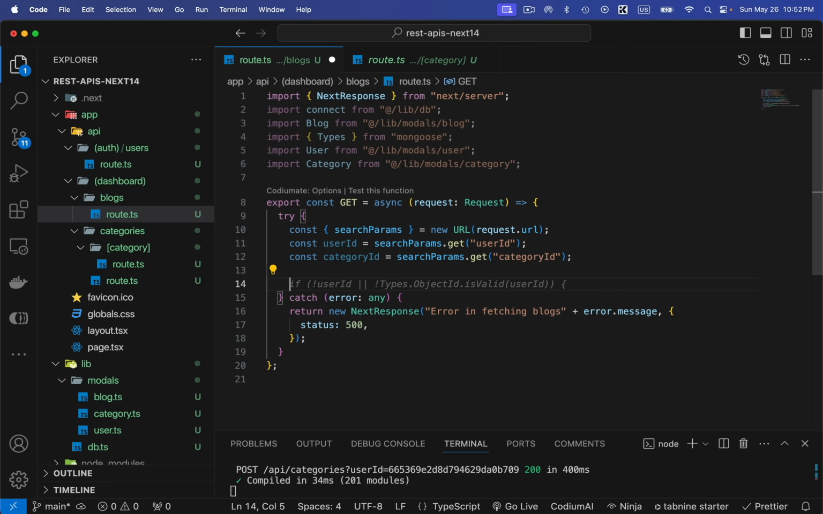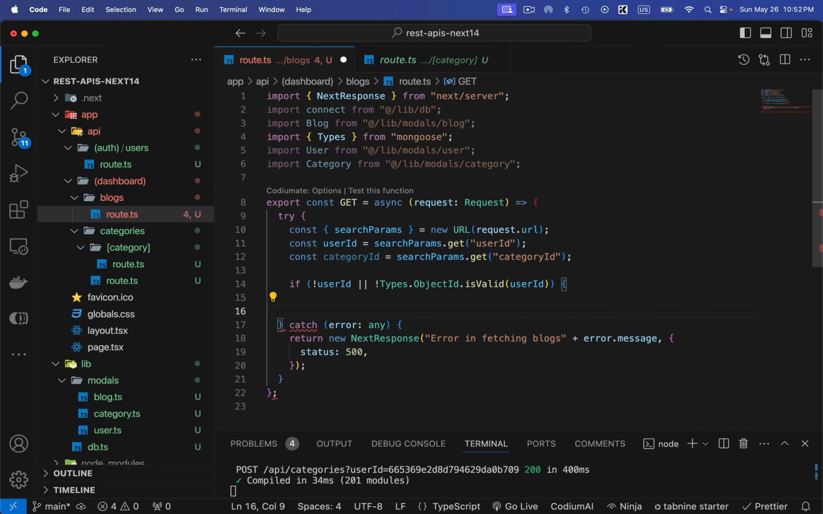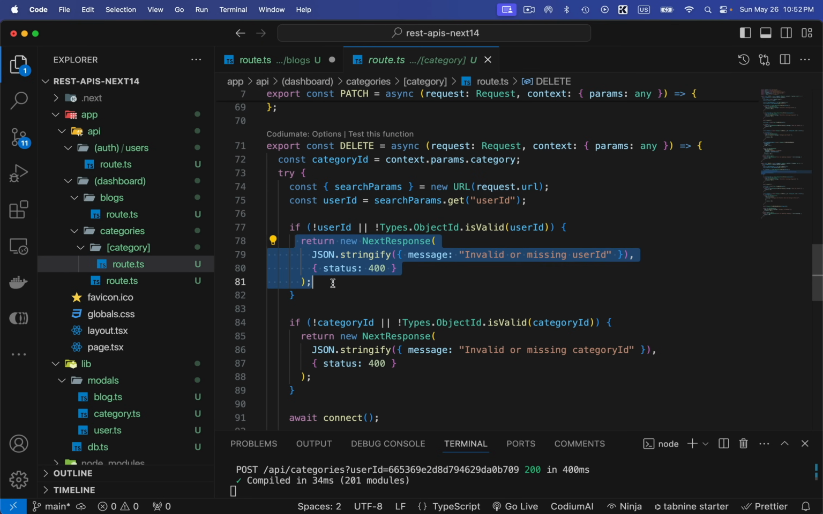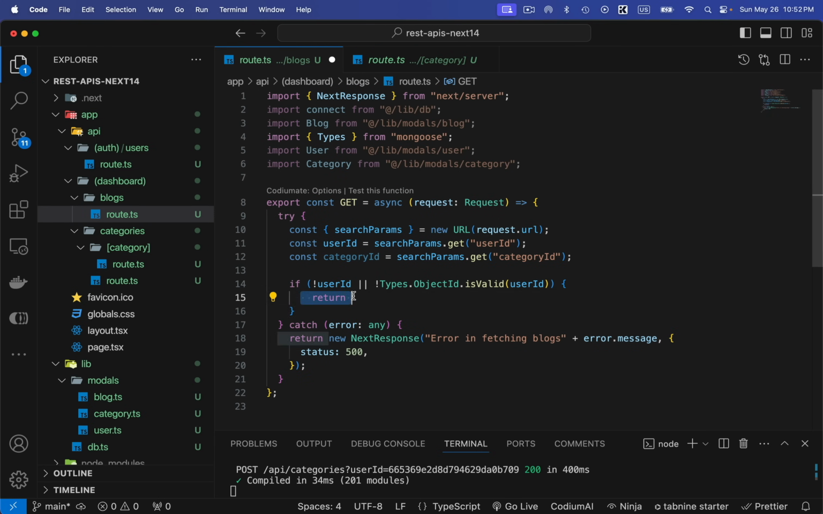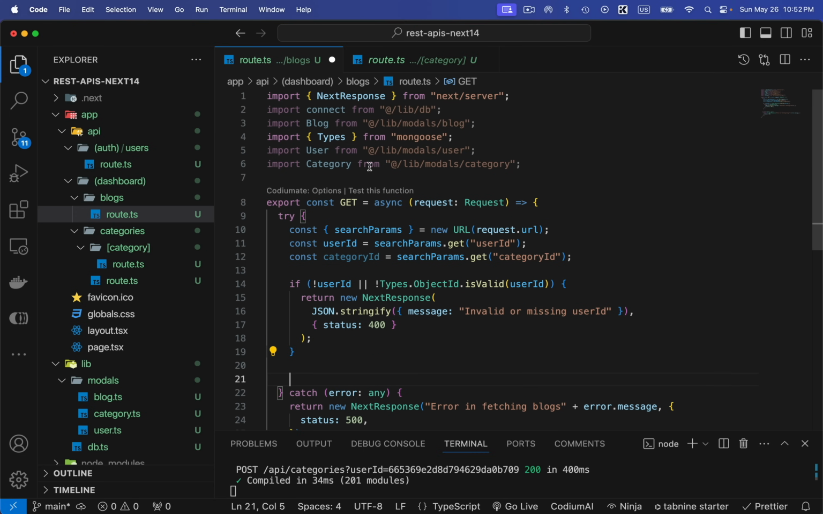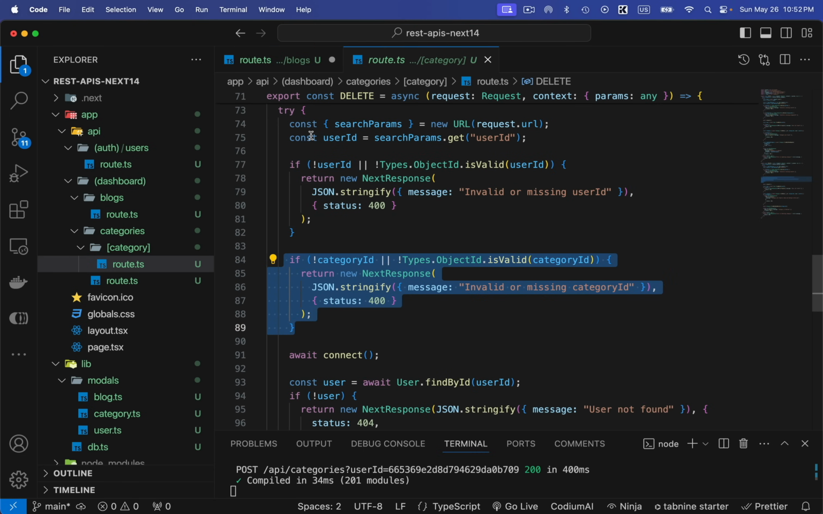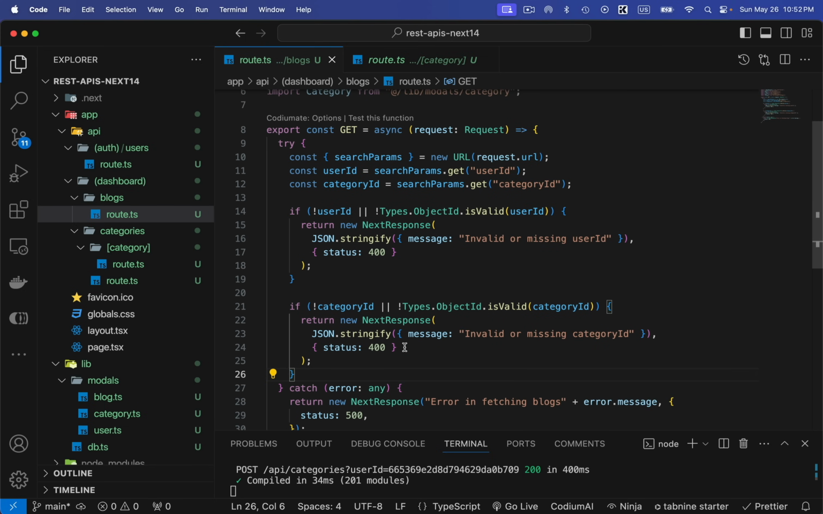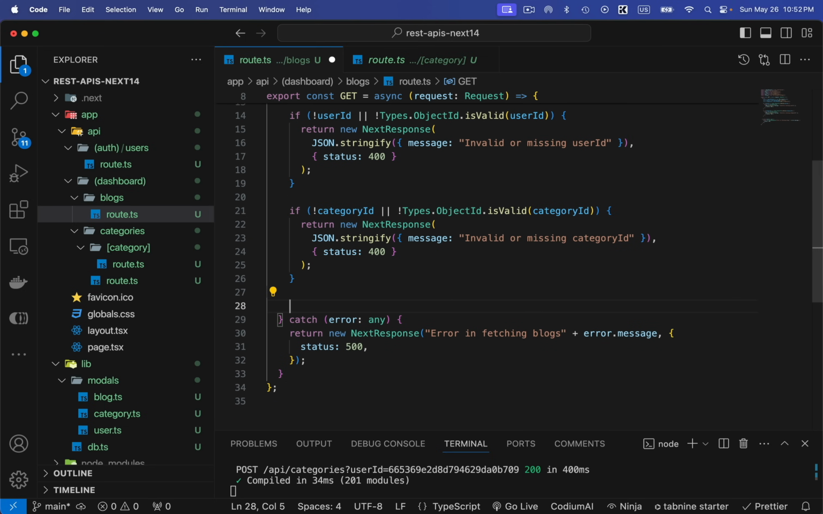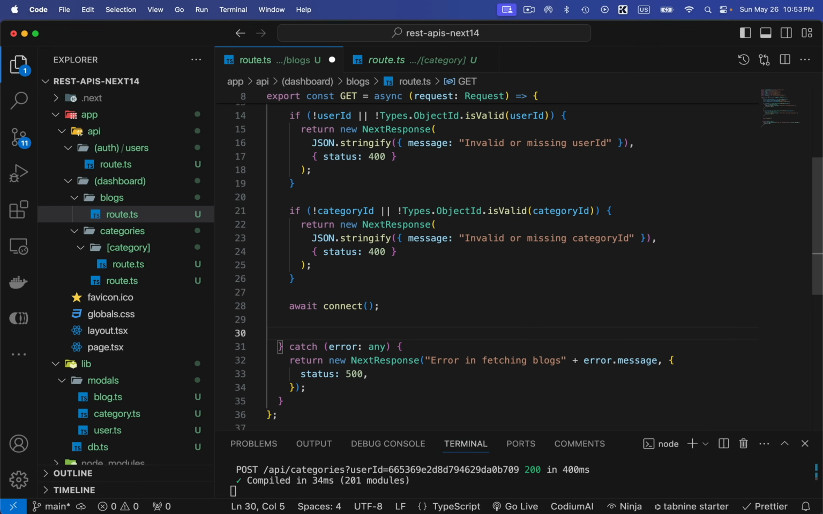And then I need to check if user ID exists and it is valid. If it is not, then I'm simply going to return a response. Actually, let's copy it from here, user ID, and let's paste it. And just like this user ID, I also need to check if the category ID is valid and is being added from the client. So once these 2 conditions are added, I'm going to await, connect to the database, and